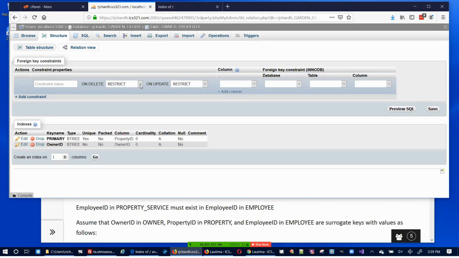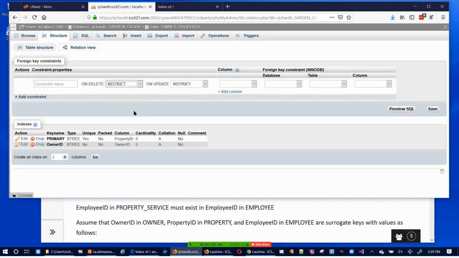And on delete, let's restrict delete. If we try to delete an owner, and this owned property refers to it,